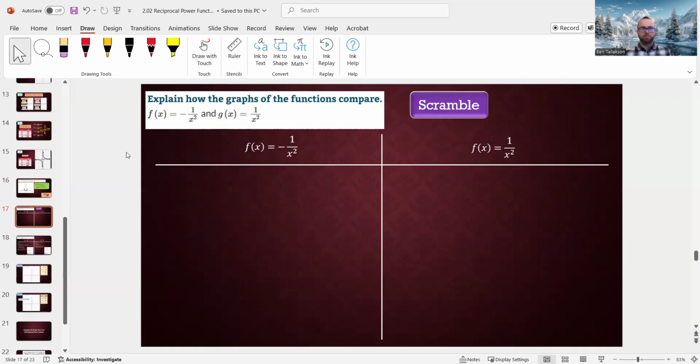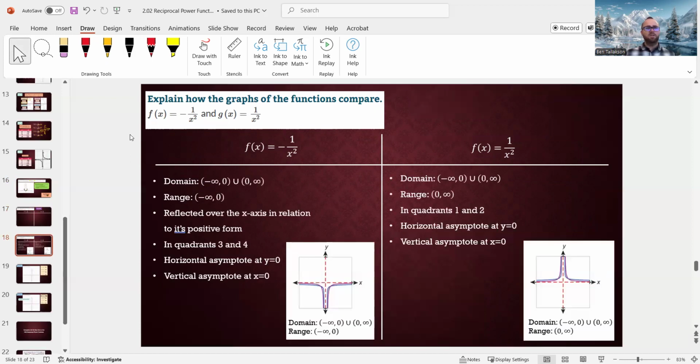Now, there's several similarities and several differences, and I'd like you to see how many you can come up with. Pause this and make a list to explain how these compare. This is my list. Yours might look similar or a little different. I'm listing all the key important things, and I included the graphs. So the domain,